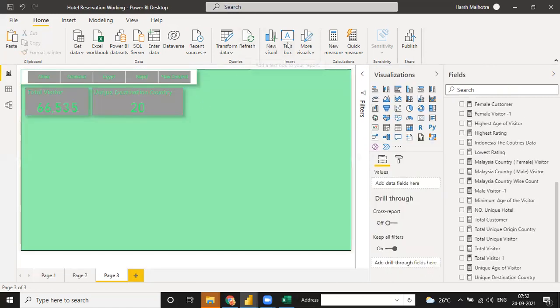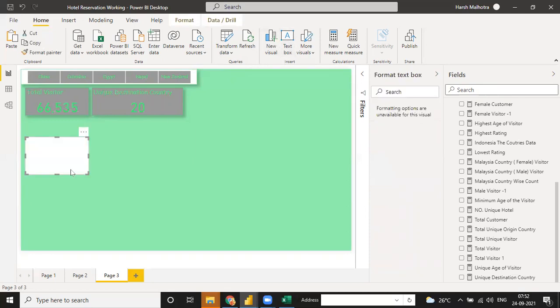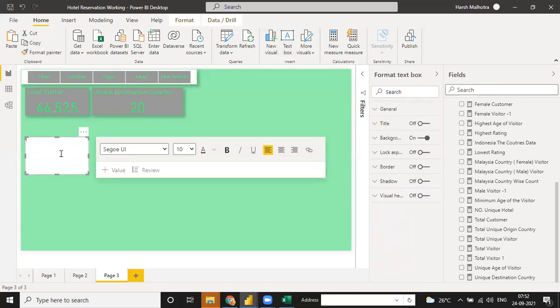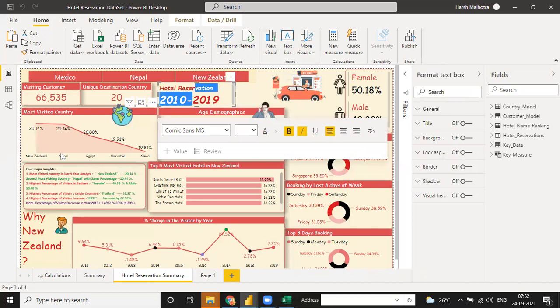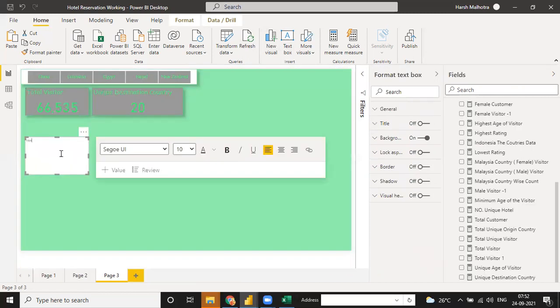Card chart means there is a text box here. You can just click on the text box and write it as hotel reservation 2010 to 2019, because we have data for 2010 to 2019.